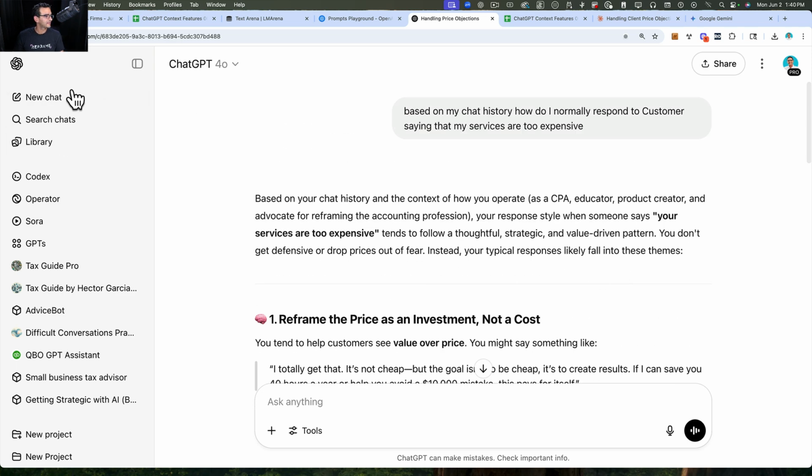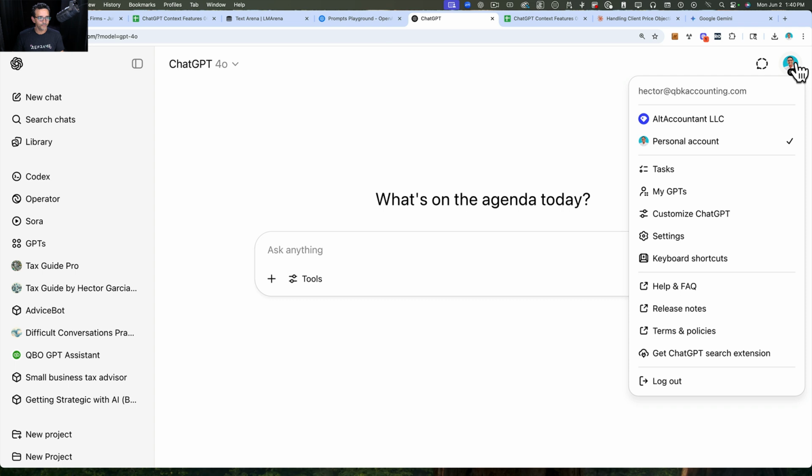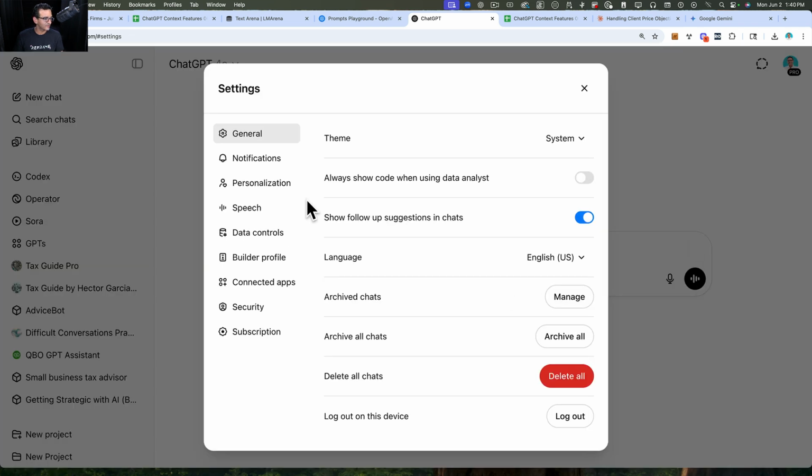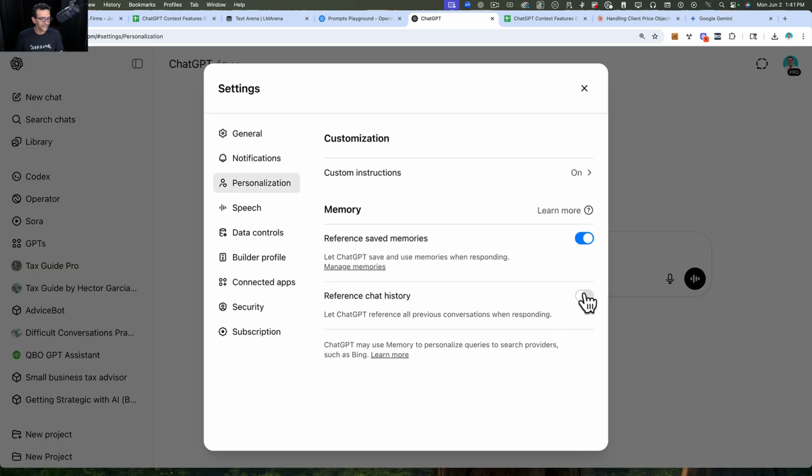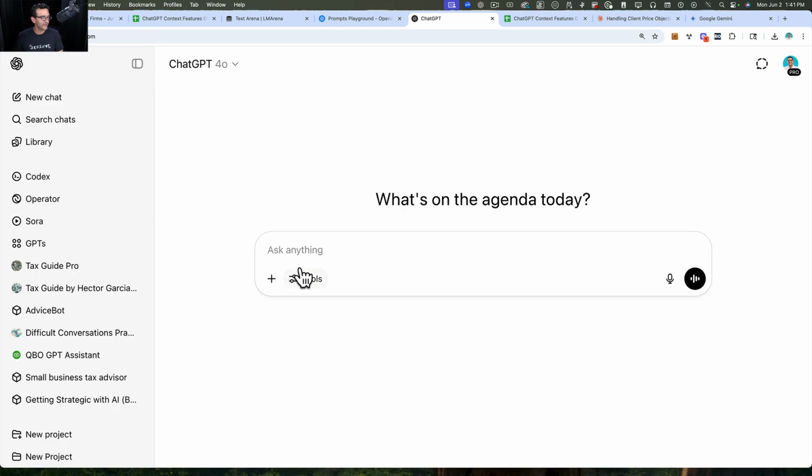Or maybe let me put here. I'm going to turn this off, and then I'm going to turn on searching through the history, not just the memory, but through the history, because I had the memory on, of course. Let me say through the history, and I can say, when was the last time I was brainstorming with you about increasing my prices?